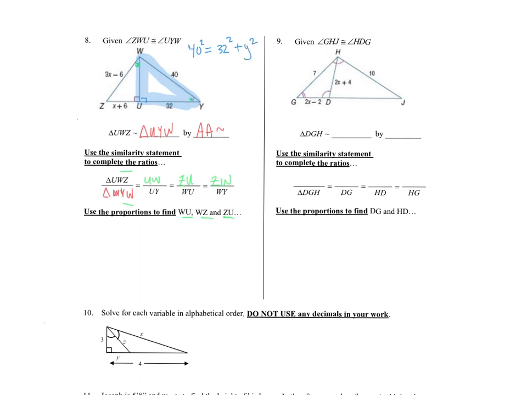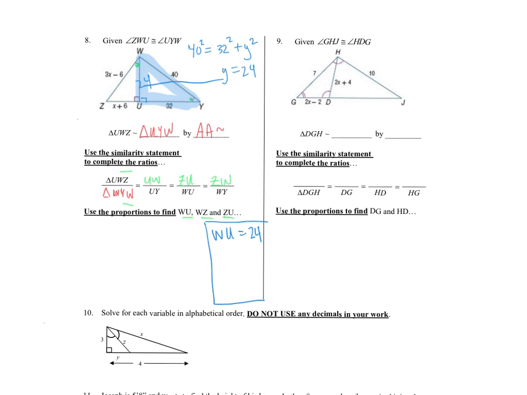And so what we would find out is that y would equal 24, which would be this side right here. And so we're looking at the three things that we're trying to find. One of those is WU, and we just found that is 24. Okay, if we look at what else is left to find,